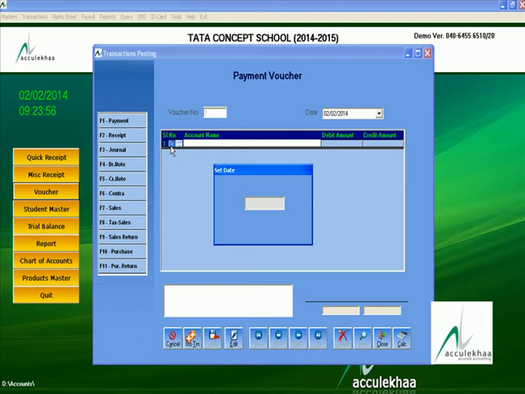And suppose you want to give the current date, then you simply press enter, then automatically it will take the current date.